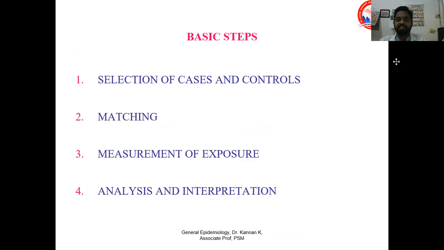First one, selection of cases and control. Selection of cases: eligibility criteria and diagnostic criteria. You can get cases from hospitals as well as from a general population. For controls, we can use hospital controls, neighborhood controls, relatives, or the general population as controls also. Okay. Most importantly, matching. We have to ensure both cases and controls are similar in all the characteristics other than having the disease. So that is nothing but matching.